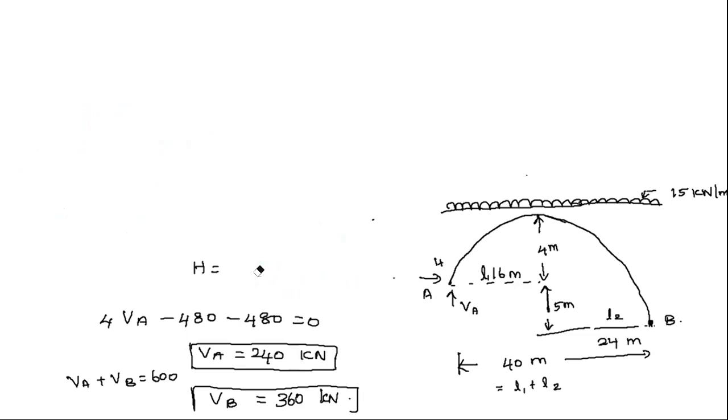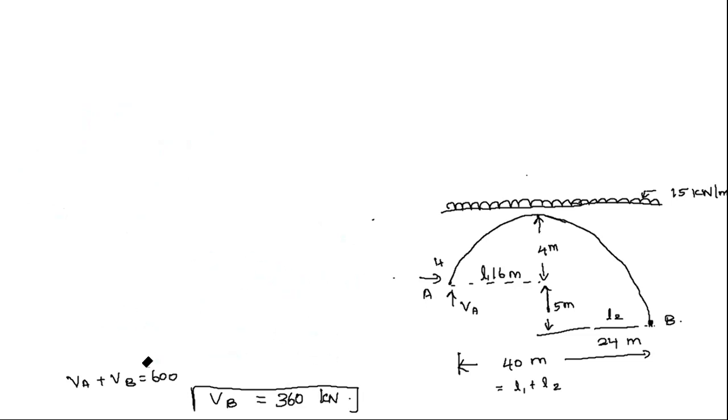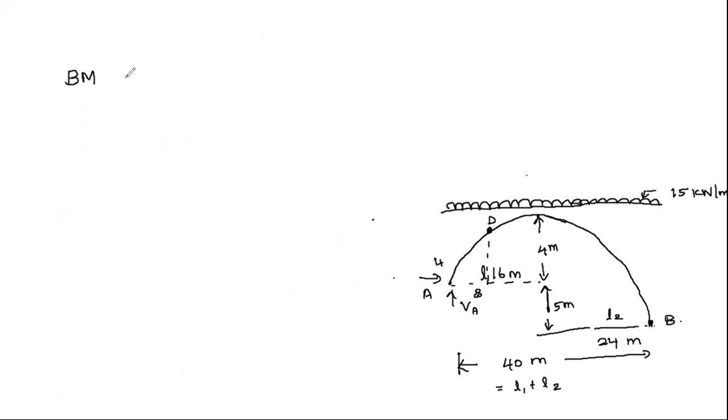So which is the left support here? 8 meter from the left support, at the point B here. Bending moment is equal to minus H into y, because we don't know the rise of the arch at that point, which is in anti-clockwise direction. So minus H into y plus VA, which is in clockwise direction, into 8